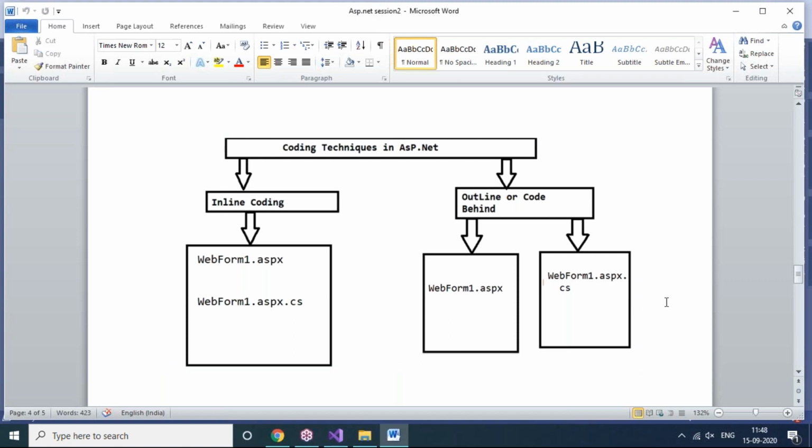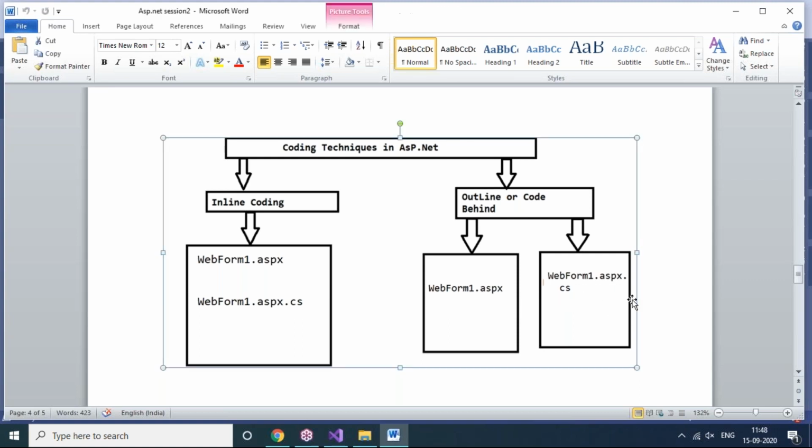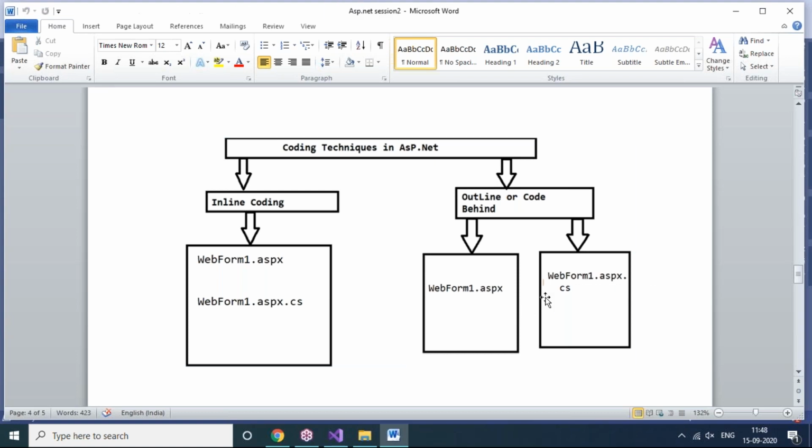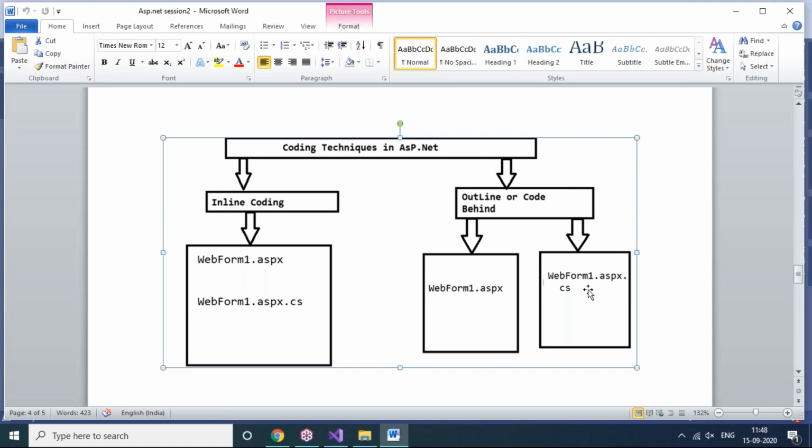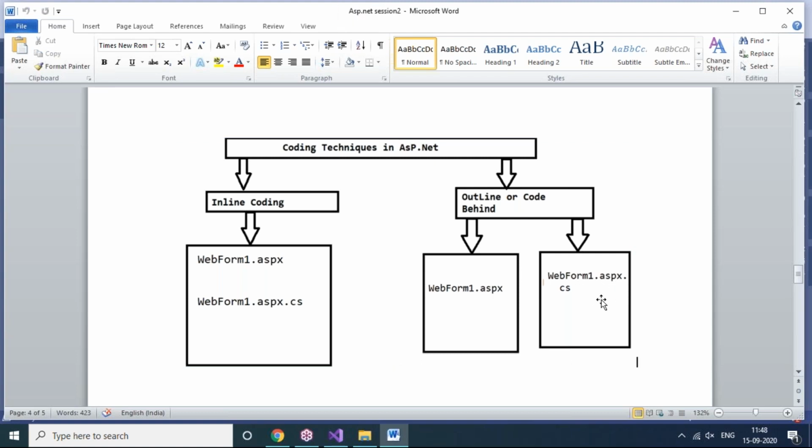Why? Because the designer cannot view the programmer's code, because the programming file location is different and the designer's file location is different. Both are in different locations, so there is no chance to see the programmer's code. This is implemented for security purposes